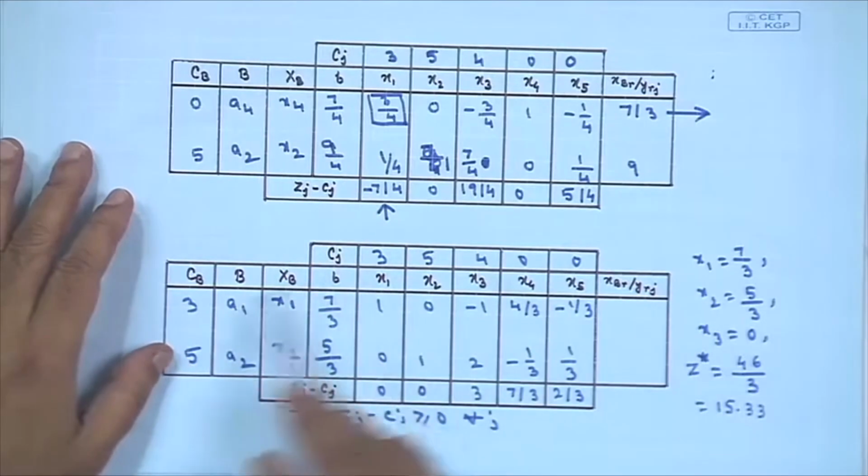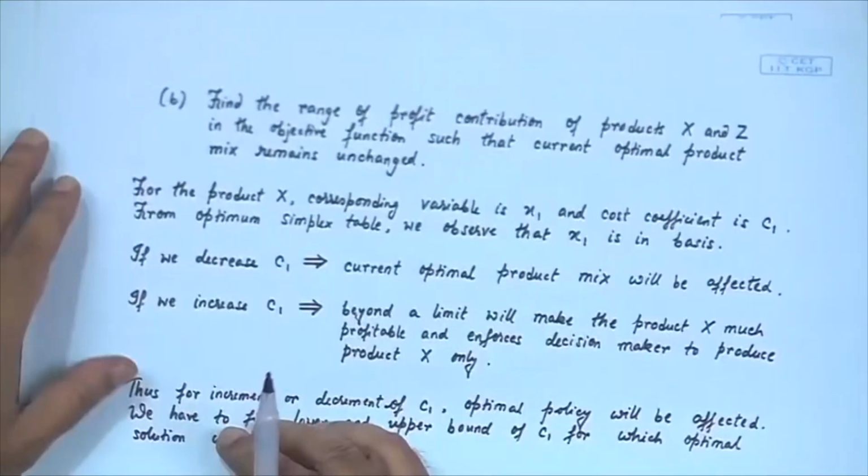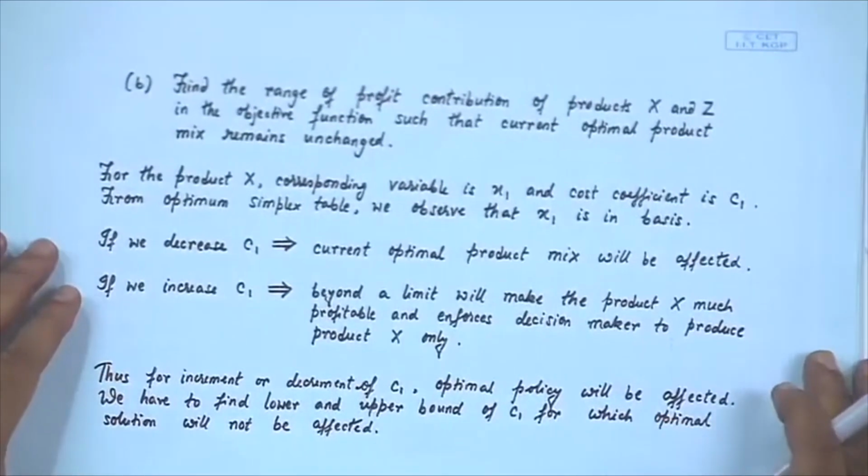Please keep this table, the last table, in mind, because in the next four problems we will use it. Frequently we will use this optimal table. Now, come to the second problem. The second problem is,